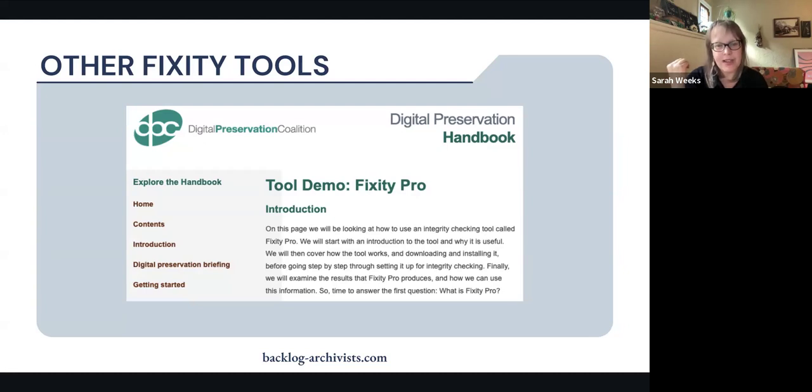They're fantastic folks. This Digital Preservation Handbook is aimed at an audience that is not expert. If you're thinking that is me, check out the Digital Preservation Handbook. They also have a course called Novice to Know-How. If you want to learn about digital preservation, it's free and it's very visually oriented and easy to get through. But if you're wondering how else can I do fixity and checksums